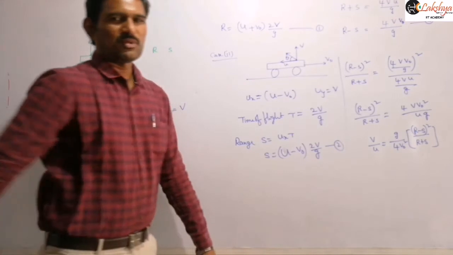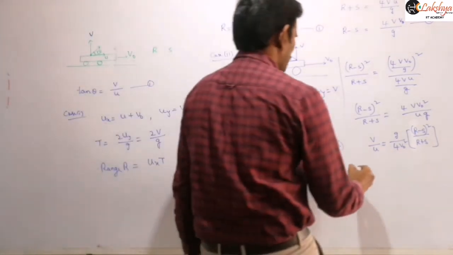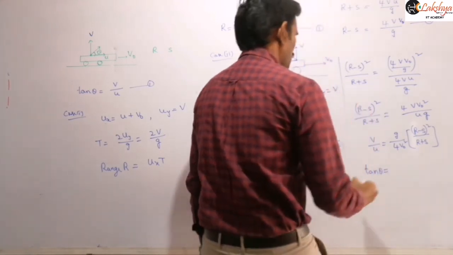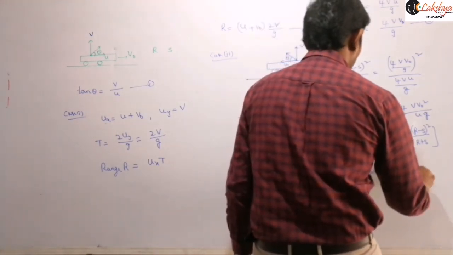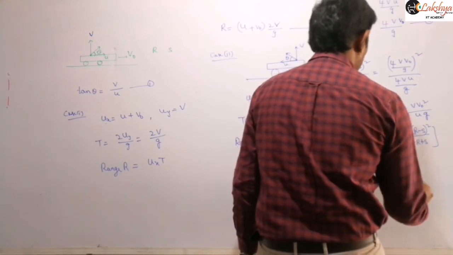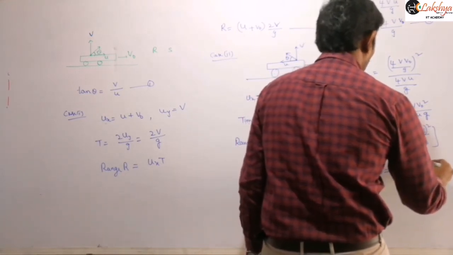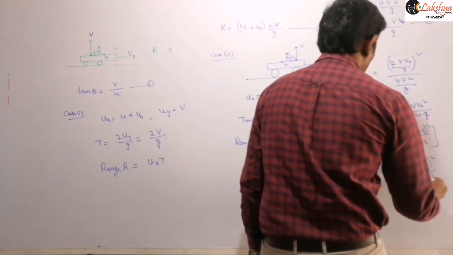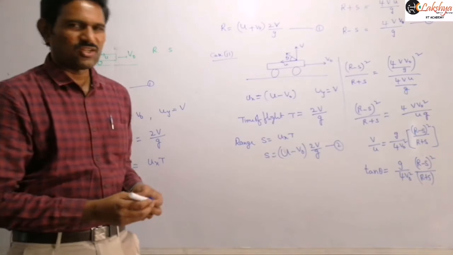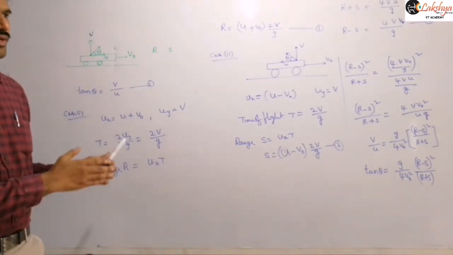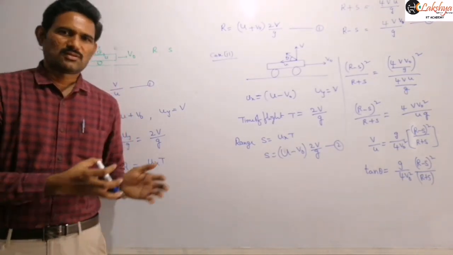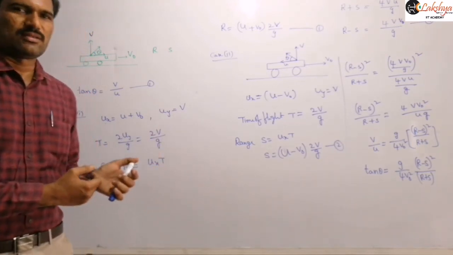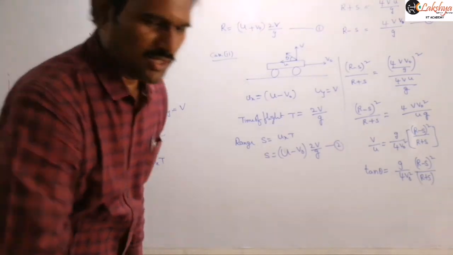So now this is nothing but our tan theta value, therefore I am writing this tan theta value here. So tan theta is equal to g by 4 v naught square into r minus s whole square by r plus s. So if you want to write theta, then tan inverse of that value you can write. So that is a way of finding these ranges here. That means when the backward and forward ranges are given, then we can find the relation among them like this.